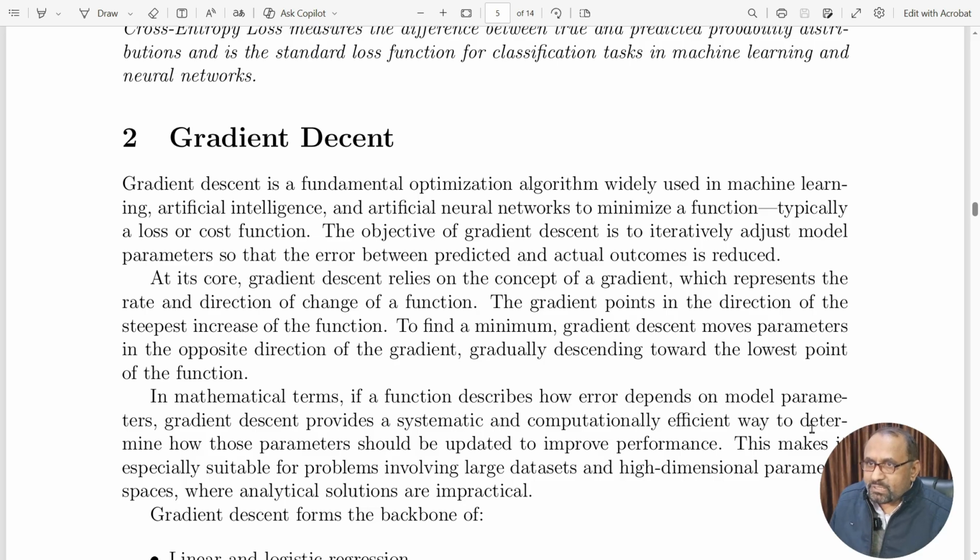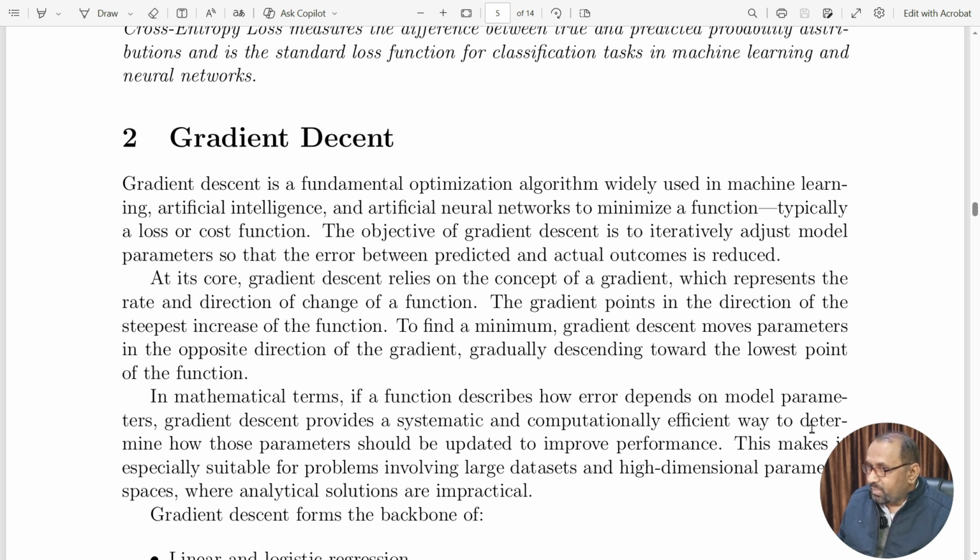Okay, the objective of gradient descent is to iteratively adjust the model parameters so that the error between predicted and actual outcome is reduced. At its core, gradient descent relies on the concept of a gradient, which represents the rate and direction of the change of a function. The gradient points in the direction of the steepest increase of the function. To find the minimum, gradient descent moves parameters in the opposite direction of the gradient, gradually descending towards the lowest point